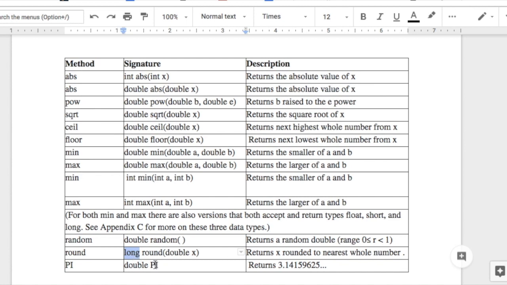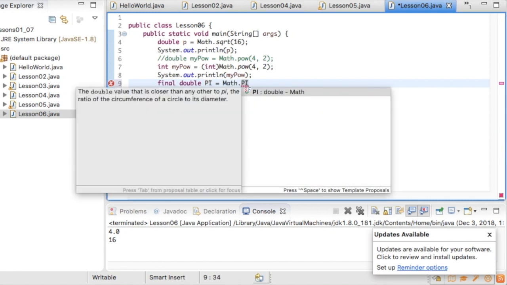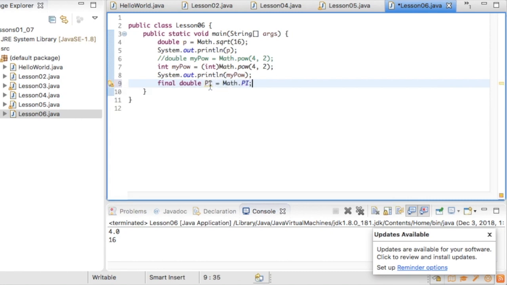And then another one that's important is pi. So math.pi doesn't have parentheses, but if we do math.pi, we get the value for pi and we don't have to remember what it is or type it in. So quite often, to make that even easier to use, we'll do something like final double PI equals math.pi. And then we can just use capital P, capital I. But if we don't want to declare that, we could use